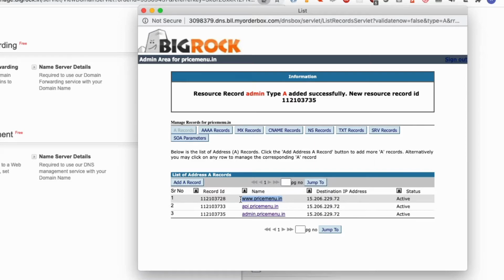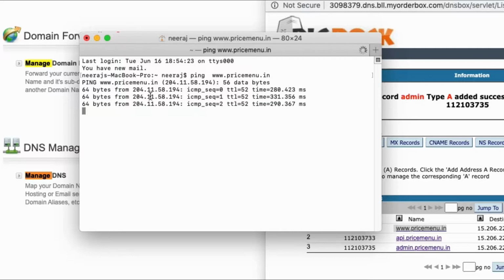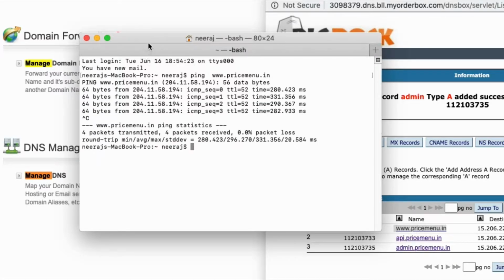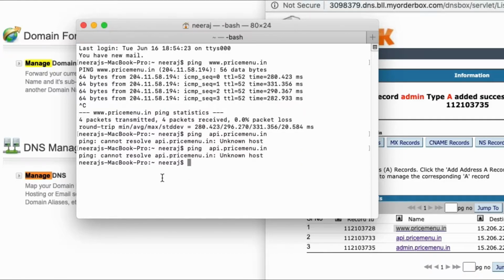If I want to check whether they have been pointed or not, I can use the ping service, and currently it is not, but probably in some time this field will update. Yes, so this service will take some time to resolve.